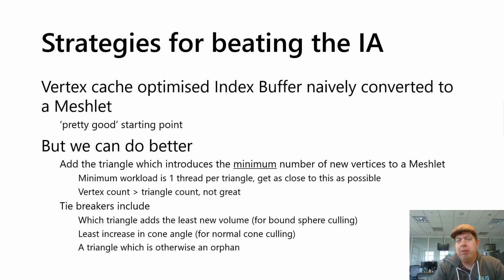So where do we start? We start with an index buffer. We're probably starting with a vertex cache optimized index buffer, which every title has already. It turns out this is a pretty good starting point. We just keep going up until we've filled up the group either with triangles or with vertices, whichever caps out first, and call that a meshlet. It turns out we can do better than that. If we add candidate triangles to a meshlet, and we add the triangle that adds the least number of new vertices,